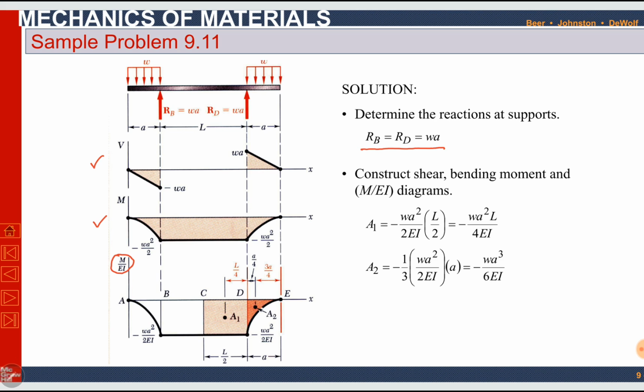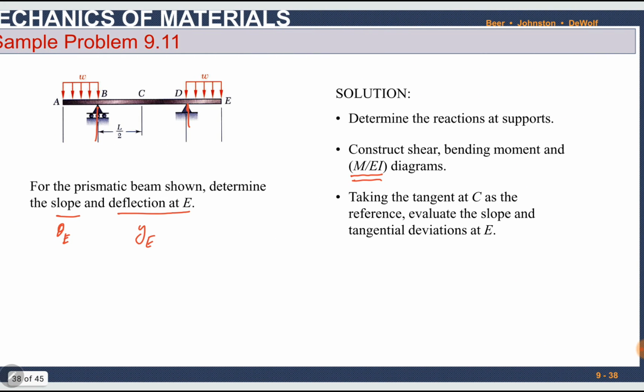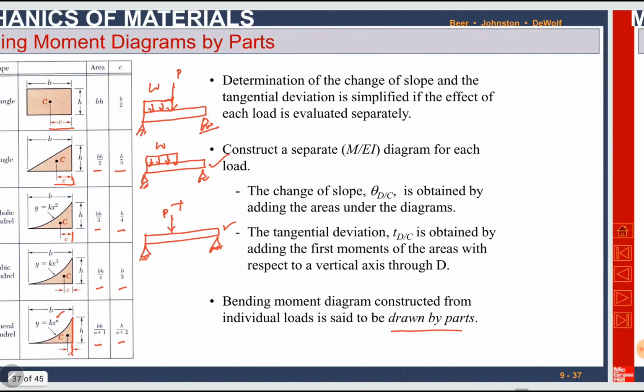Now, in this diagram, we can see all the areas are either rectangles or parabolic curve, area under the parabolic curve. So between, we have to find slope at E. So we have to calculate all the areas from point E, and in this case, since the beam will